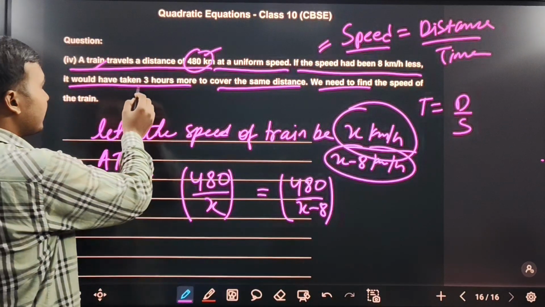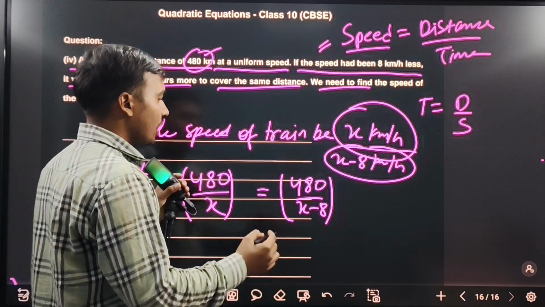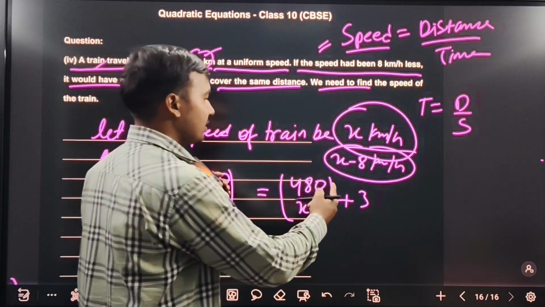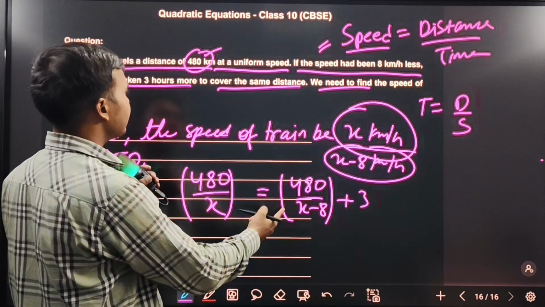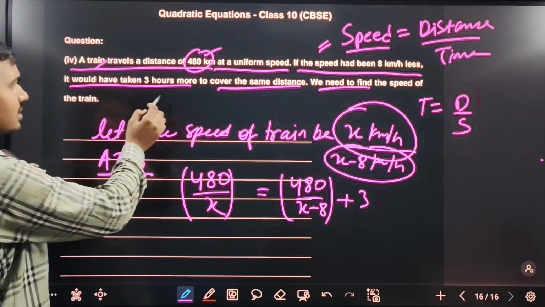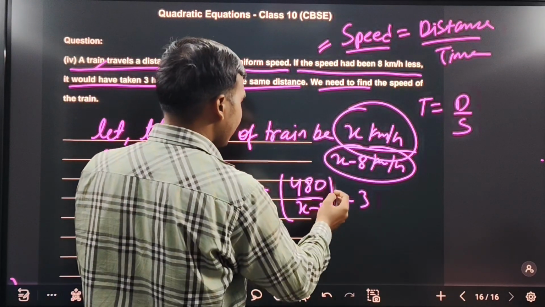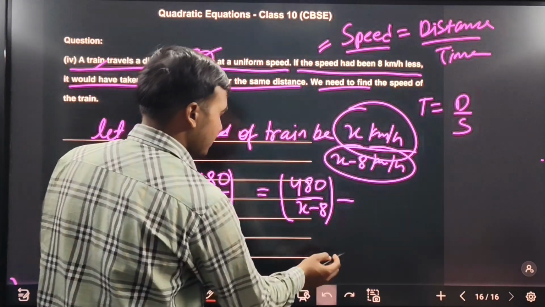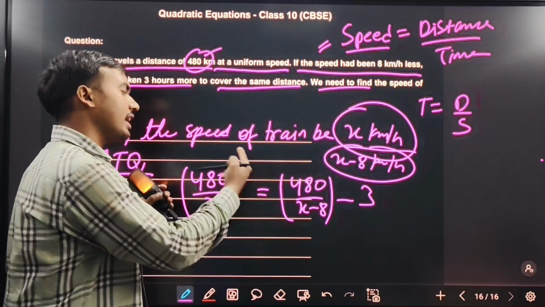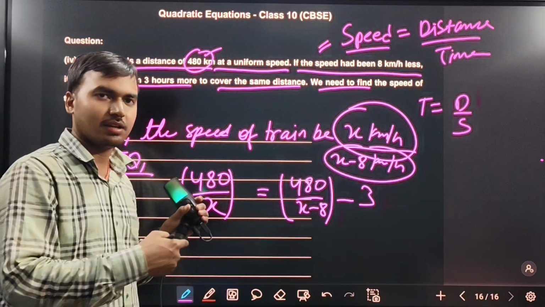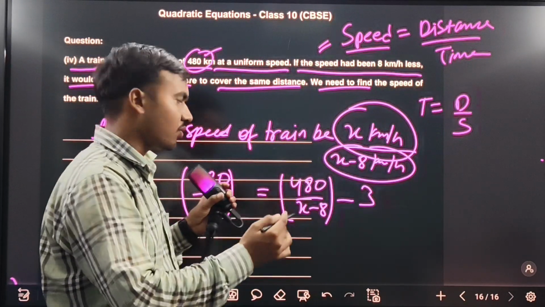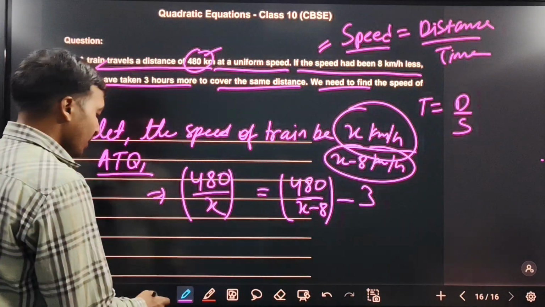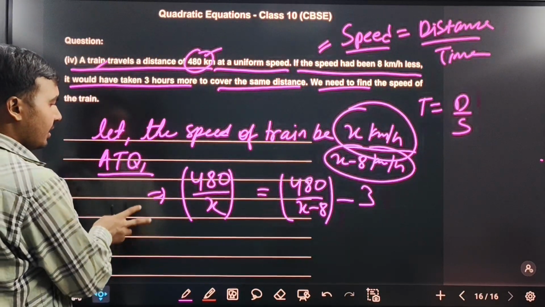So here it is given by 3 hours more. So what we can do, if we will add 3 over here. Here speed is less, so it will take more time and it will take less time. So we can subtract 3 from either this side or add 3 to the left hand side. Okay, so to make this equation equal, we will solve this question and we will get the required quadratic equation. Okay, so on solving we can write it as